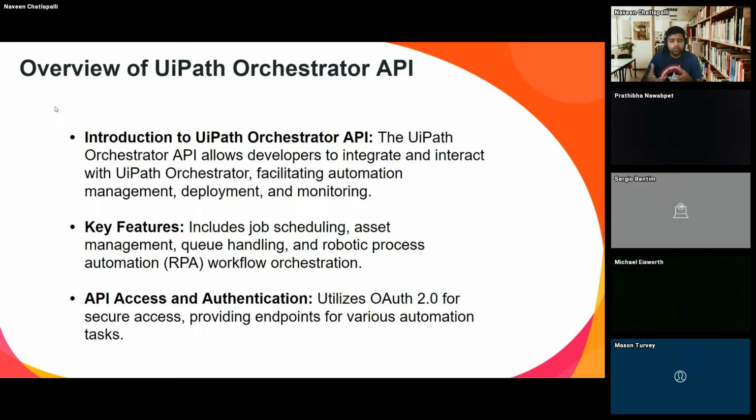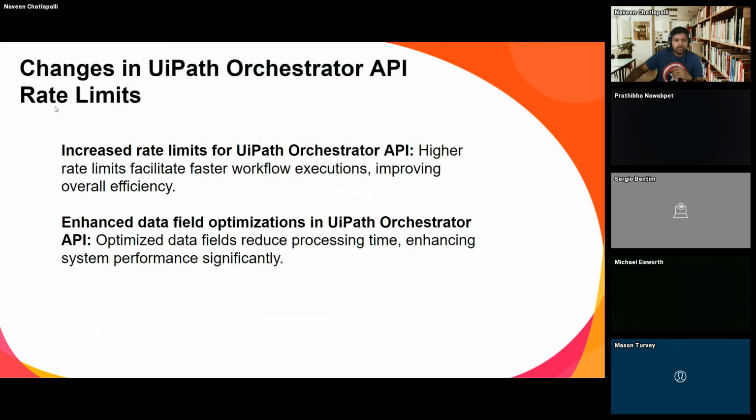And there are so many workflow orchestrations that you can do through these API calls. So these are the main key features which we will discuss further. So coming to these API limits, the reason that they are proposing is to facilitate faster workflow execution, and because there has been so many